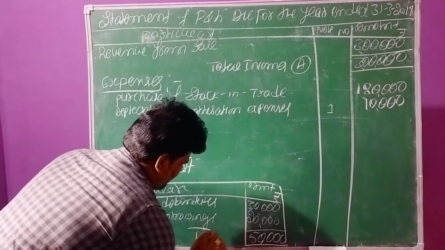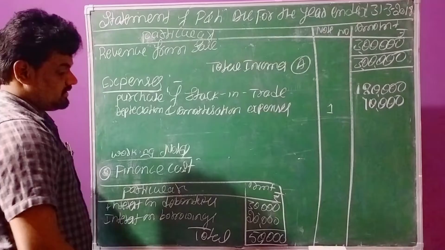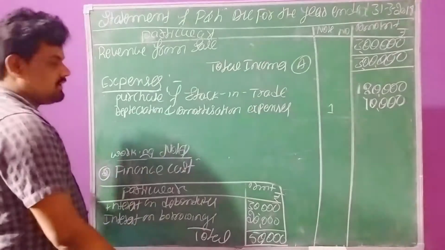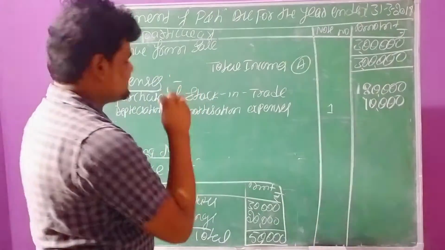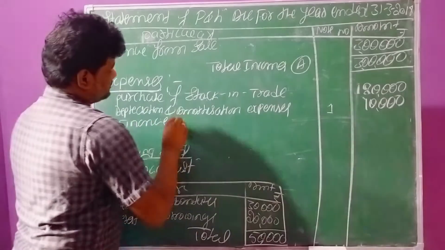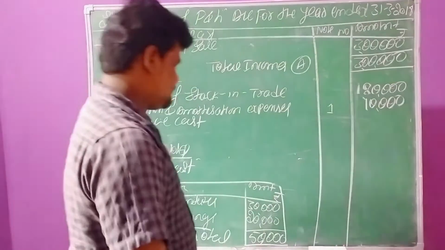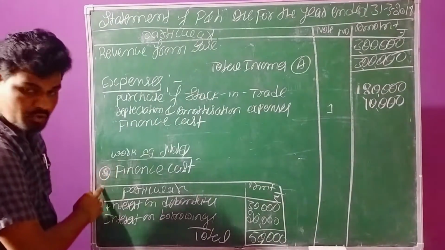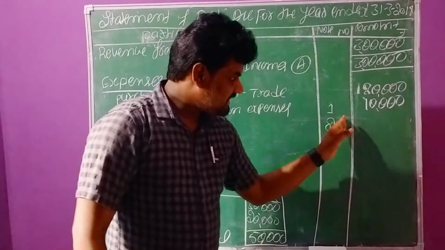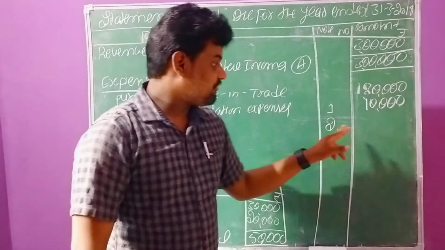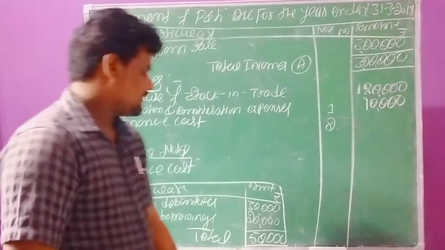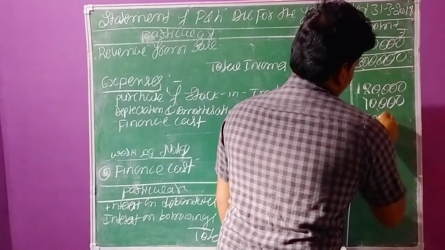This is my total finance cost. This total balance we can record under the expenses, because we need to ascertain total expenses in the business, right? That's why now we need to record finance cost. So this is working note number 2. We have to write number 2 here. If we require some more detailed information, then we need to observe that working note. The total balance is 50,000.